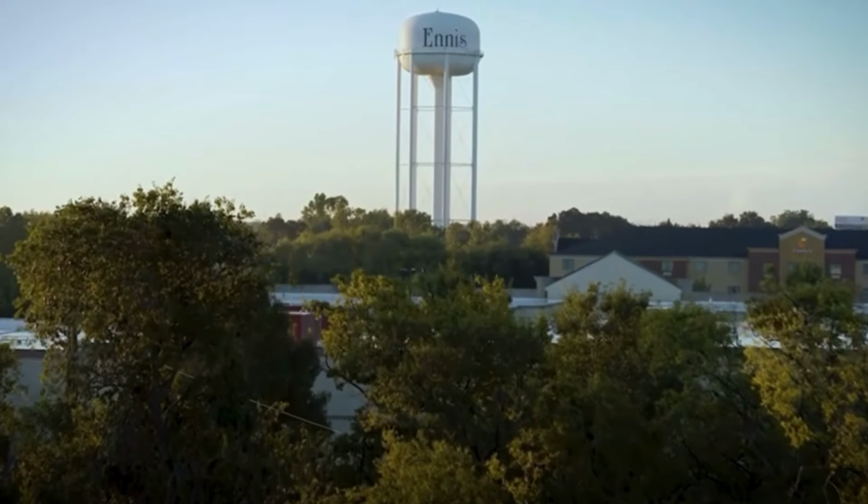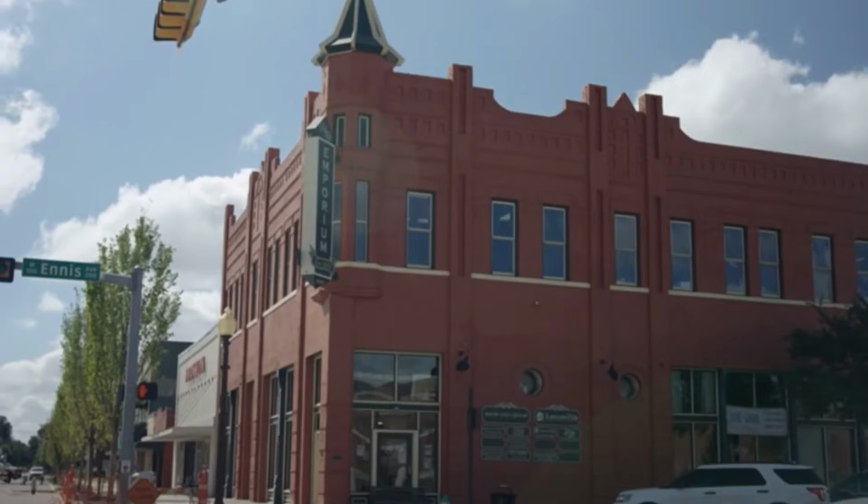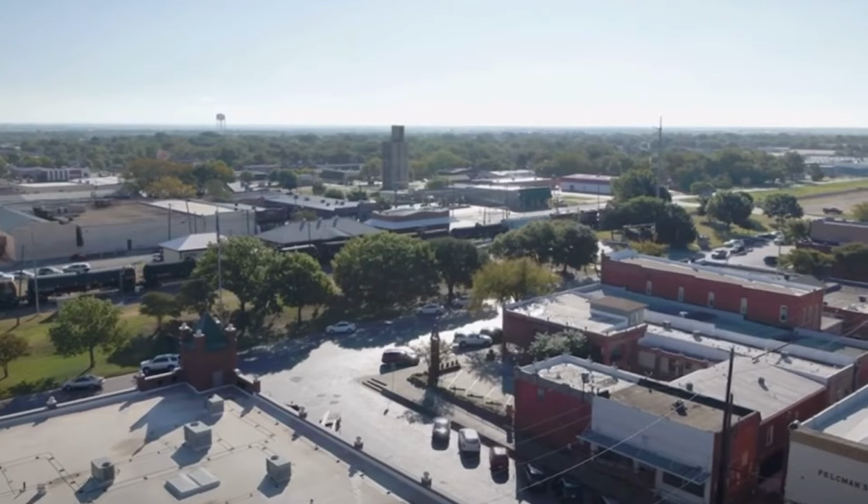So you're looking for a home under $500,000 in Ennis, Texas? Well, I have it for you. But first, welcome to Ennis, Texas, a charming town with a rich history and a tight-knit community. If you're looking for a place to call home that won't break the bank, you've come to the right place. Ennis offers plenty of options for affordable living, and in this video, we're actually going to take a closer look